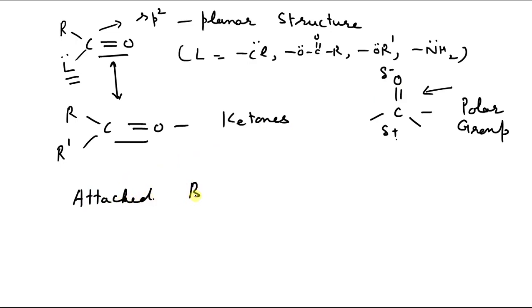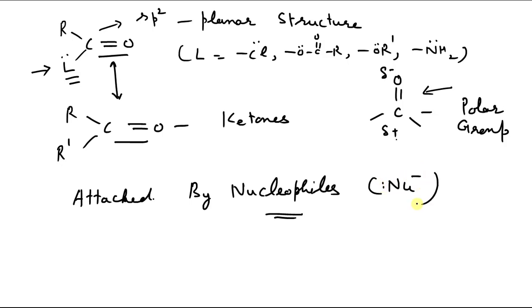So similar to aldehydes or ketones, the first step in this reaction is attack of nucleophiles, and this nucleophile I will just represent like this, nucleophile negative. This nucleophile will attack this carbon, the carbonyl carbon. So this step is similar to the case of aldehydes and ketones. Let me show the first step. The first step of these reactions is attack of nucleophile. Let us see how it attacks.